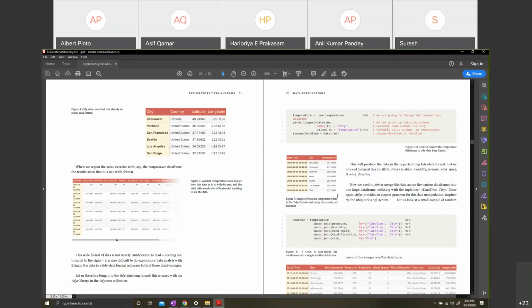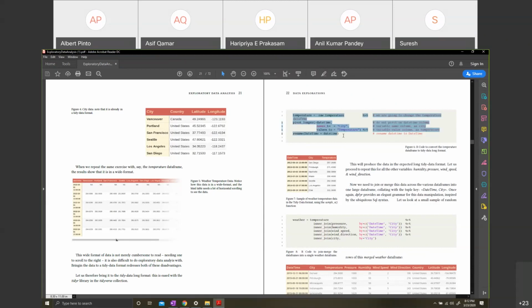So read this, guys. Of the two books that you have, one was the pandas book, an introduction to pandas, and the other was the R book that I referred to you. Both of them have a chapter dedicated to tidy data, because it is an important concept. Not many books talk about it so carefully, but it is actually very useful. For example, in my team, when people do data analysis, it has become second nature for them to quickly come to the tidy format and realize that after that, everything becomes easy. So I'll show you how easy it becomes.